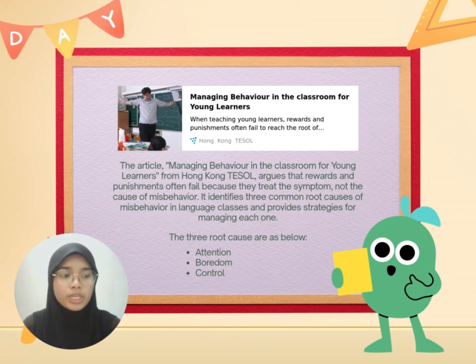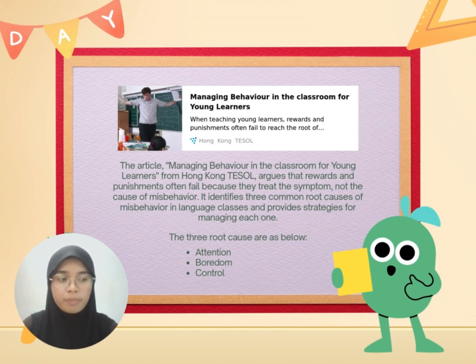The second one, we have boredom, where students misbehave when they are not challenged and are waiting around or have nothing to do. And punishment cannot be a remedy for boredom because it will only make the situation escalate. So the solution for this problem is to design activities that involve all students all the time and that